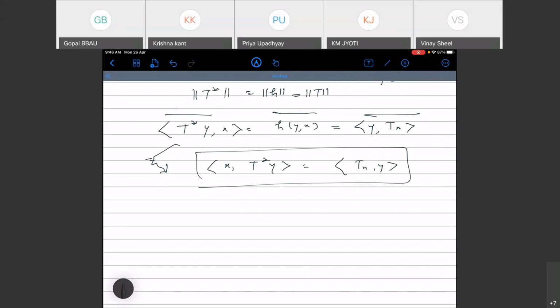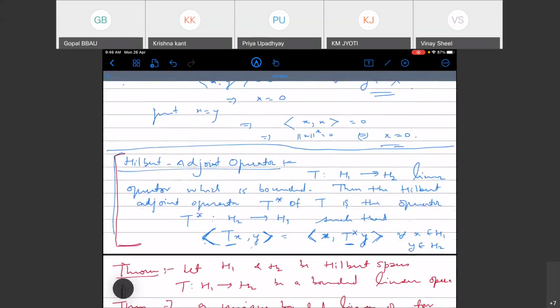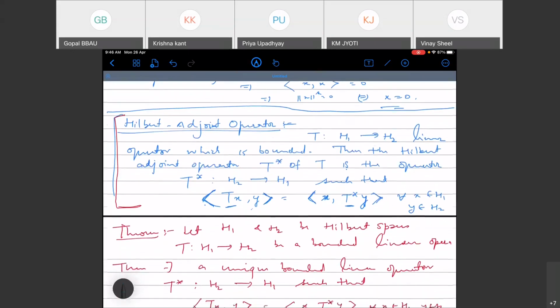This implies the definition of Hilbert adjoint operator makes sense, okay? Any question? Okay, if not,